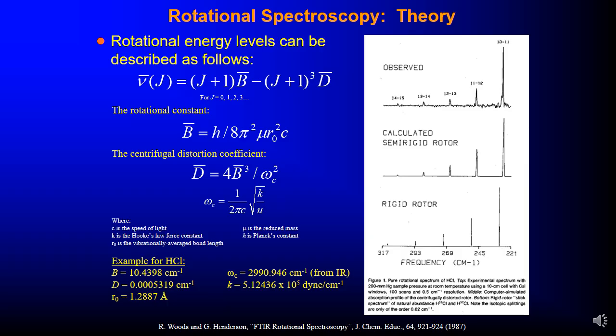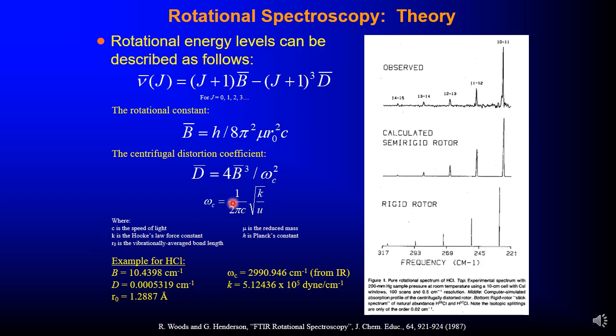Rotational energy levels can be described as follows. You can see the rotational energy or frequency can be calculated as I have provided there. The rotational constant, this B, we call it the rotational constant. We can also work it out using this particular formula. The centrifugal distortion coefficient can also be provided like that,